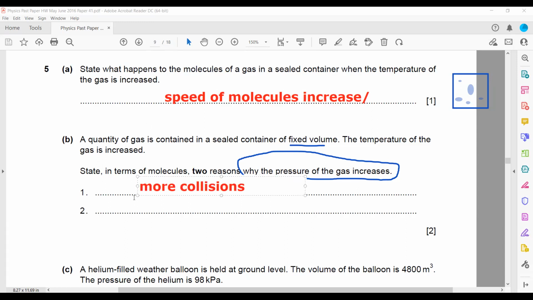So it will have more collisions with the wall, or frequent collisions, or much harder collisions, or collide with more force. The number of collisions increases, that's one thing, and it will collide with more force, that is another thing. How many times it collides is the number of collisions, and the force which it applies during a collision is the force of the collision. So increasing the temperature increases both factors, the number of collisions as well as the force in the collision.